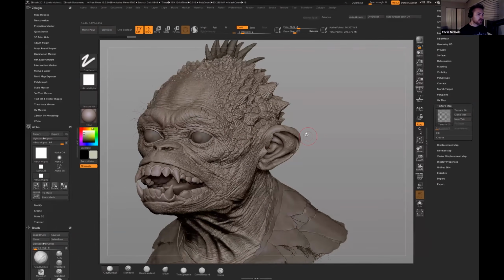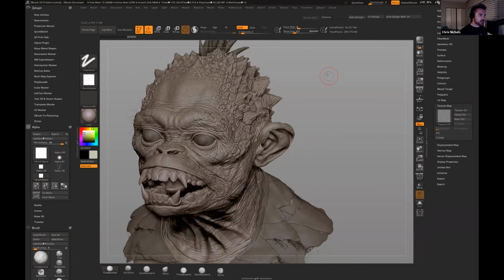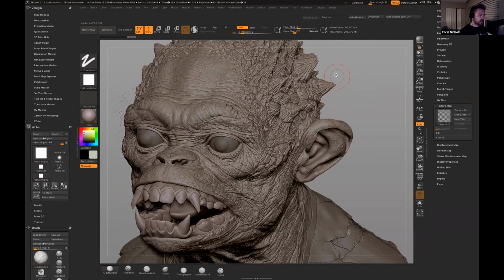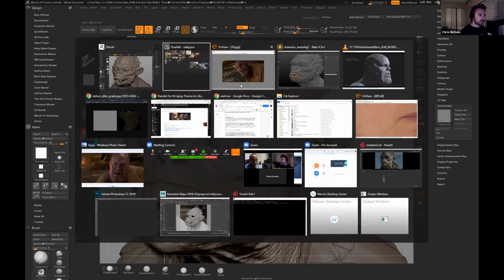Now, the thing is with Thanos, I use the Texturing XYZ method to get those skin scans onto the surface, but I used maybe 8 or 9 different scans to really create a surface that I was happy with. And that's just not really an option for a lot of people. So what's really great is that Texturing XYZ, they have released a package.